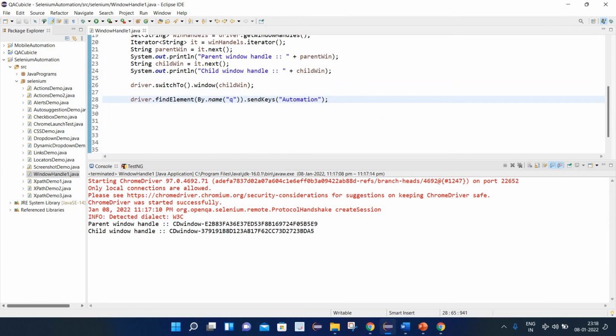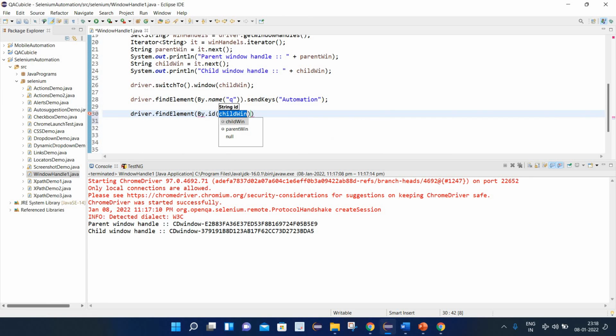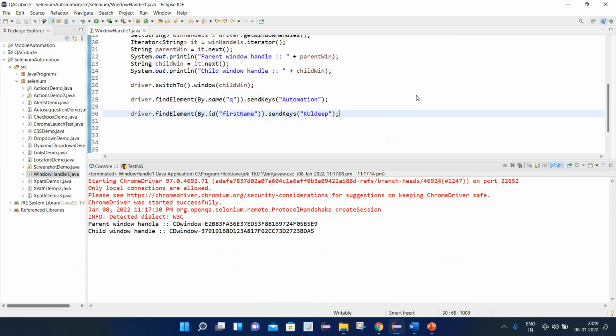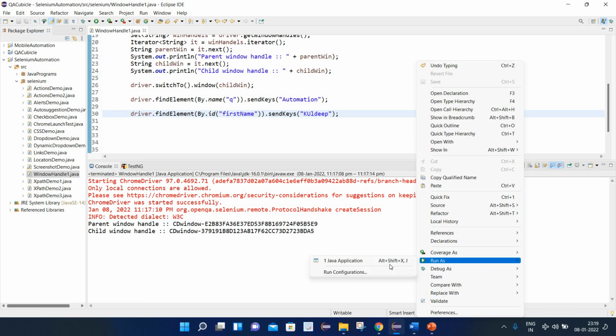I will write driver dot findElement By dot id, and the id is firstName, dot sendKeys, and enter some text. Now let's execute this program again and see what happens. Is it able to input the first name inside this Create your Google Account homepage? So simply right click and run as Java application.